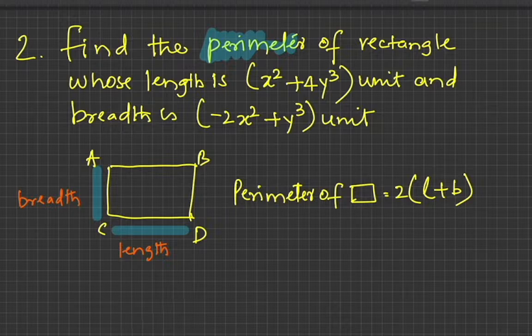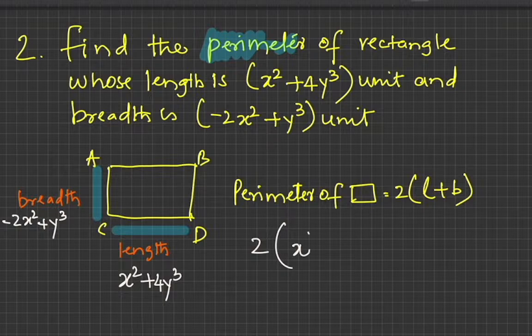So the length is x squared plus 4y cubed, and my breadth is negative 2x squared plus y cubed. So now let's plug in the values. 2 times x squared plus 4y cubed